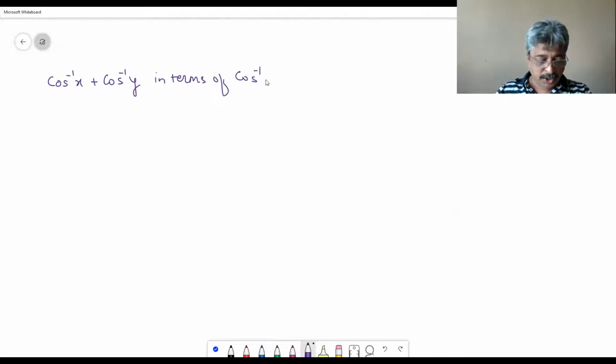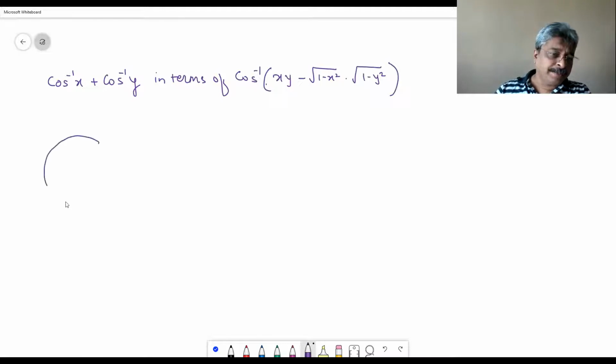Okay, so the main function, you must have already found out, is xy minus radical 1 minus x square into radical 1 minus y square. So this is cos cos minus sin sin. It is cos plus cos of cos plus cos. So it is simple. Now if we look at the geometry,